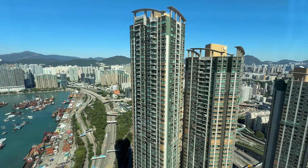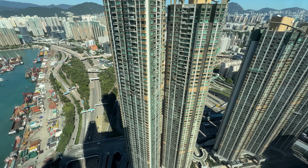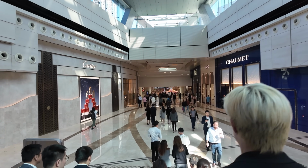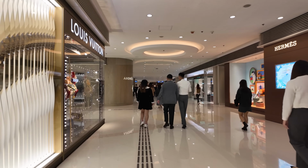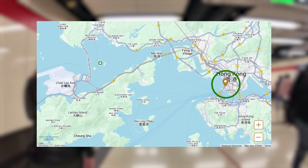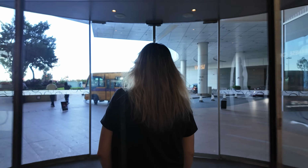The Ritz-Carlton Hong Kong is situated on the top floors of the International Commerce Center in West Kowloon, and it's one of the highest hotels globally. Its prime location provides direct access to the Elements Mall, which offers a wide range of food options and luxury shops. Elements Mall is connected to the Kowloon MTR station, and you can easily hop on the Airport Express train here to get to the Hong Kong International Airport. There's also a bus station